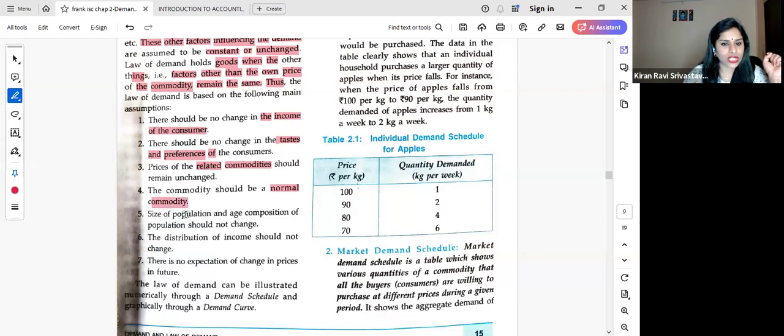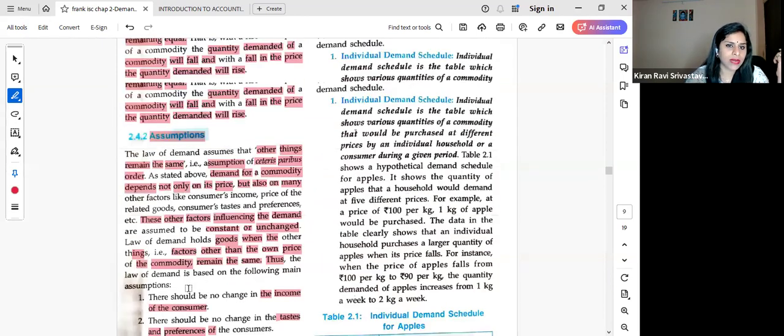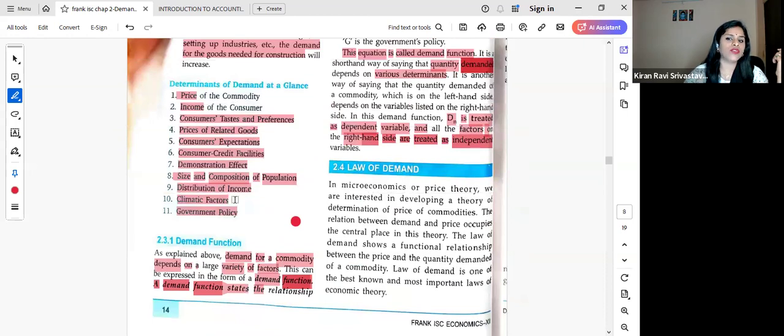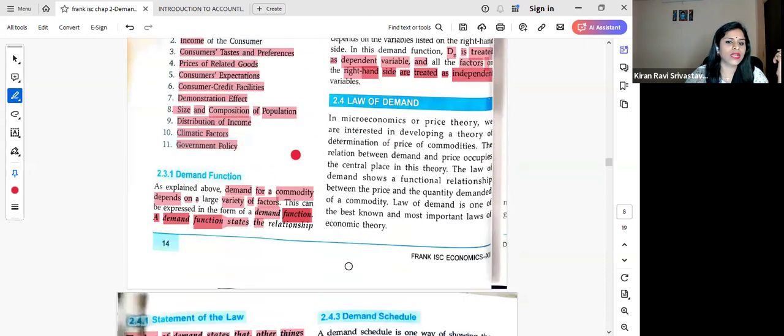Size of population and age composition do not change. Distribution of income should not change. There are no changes of prices in future. So all these things, there are no changes. So it's so easy to remember the law of demand. If you know the determinants of demand well, and if you understand what the law of demand is, you can easily write